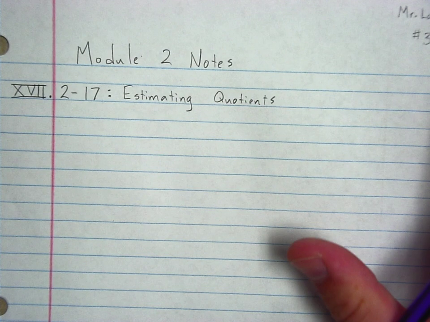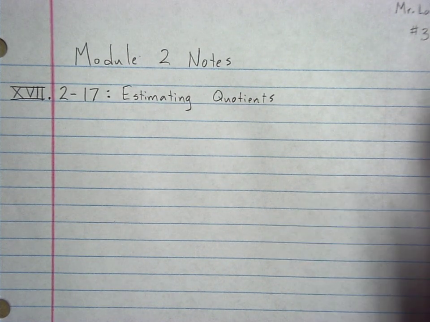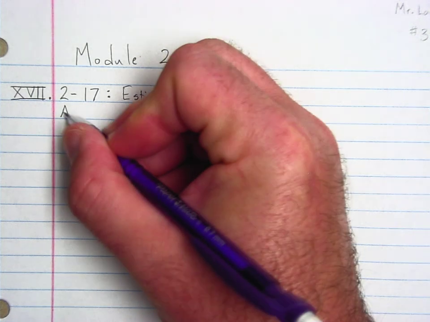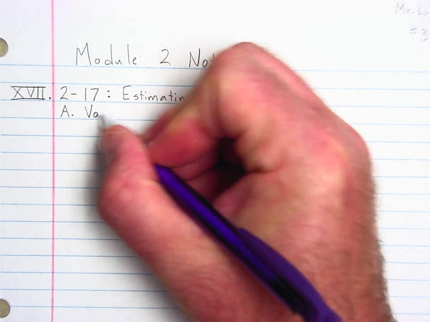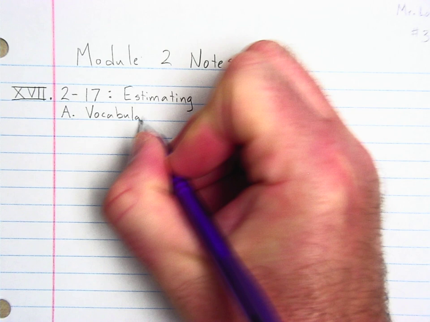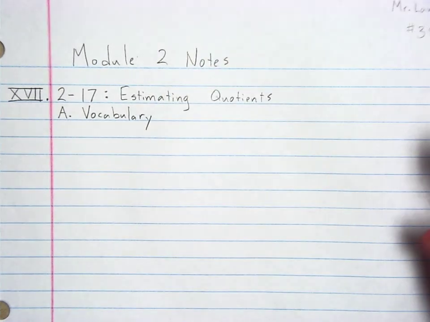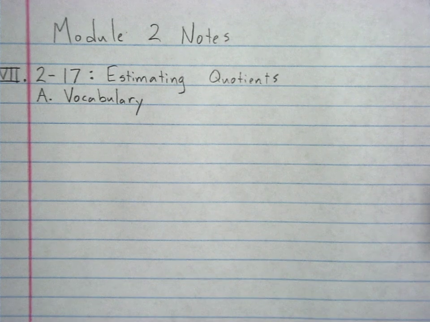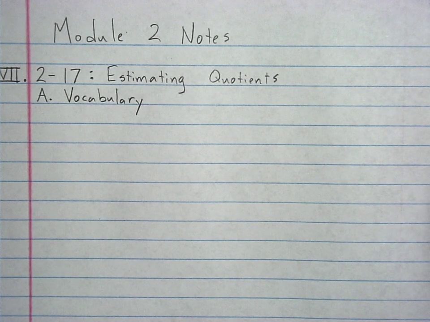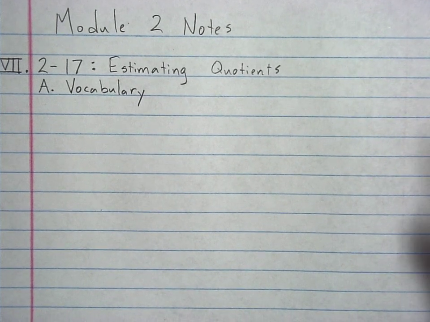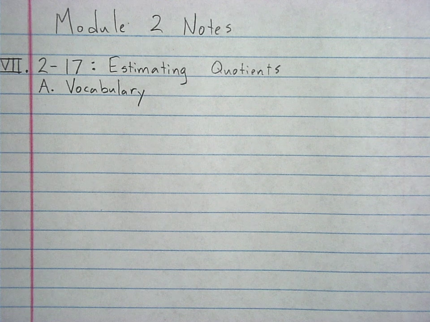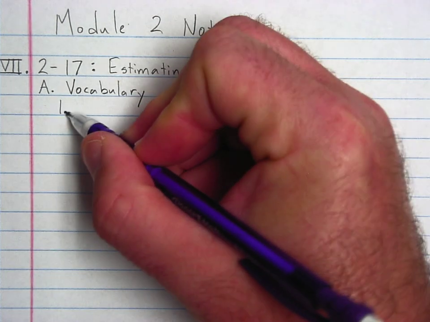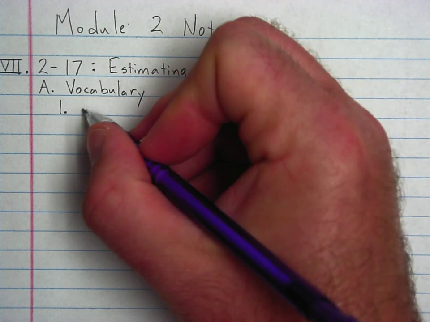Okay, a lot of this is going to be familiar, including the vocabulary that we start with. But there is going to be a new type of estimating we're going to talk about. I think I've mentioned it in class. We're going to talk about compatible numbers in a few minutes. Compatible number rounding is going to break some of our rules. So, again, I know you guys are going to love that. All right, number 1,